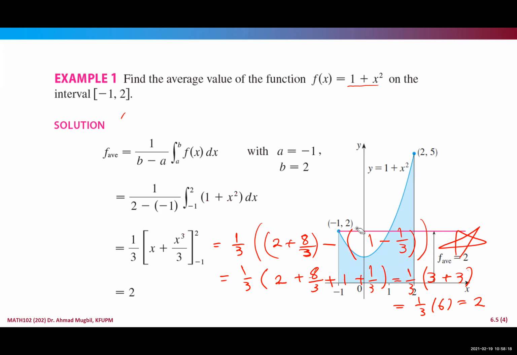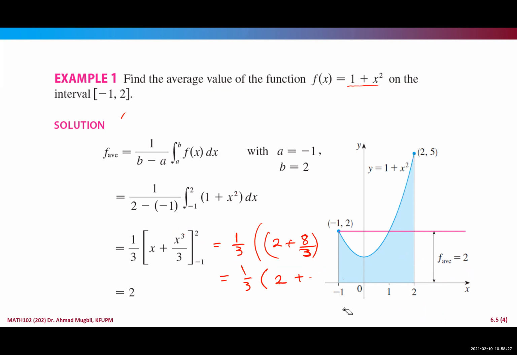Okay, now if you look at it geometrically, it is also important to have an idea about, to visualize this issue, what we are talking about. So this is a function, you know how to sketch 1 plus x squared. It is just x squared shifted up 1 unit. From negative 1 to 2, this is the region that is bounded below this graph of this function and above the x-axis. Look what we have found, that the average of the function is 2. So this is the y value. We are talking about y equals 2, if this is 0, this is, let's say this is 1, this is 2.